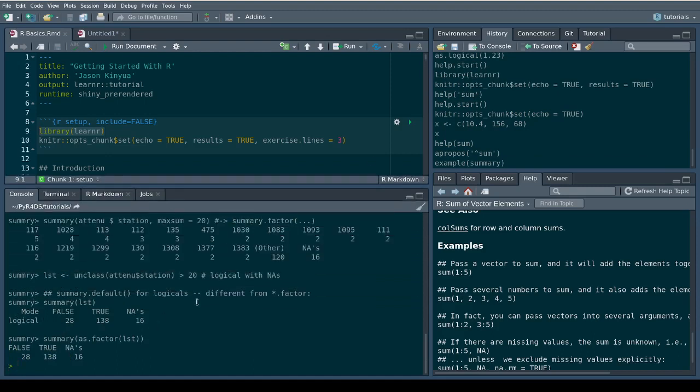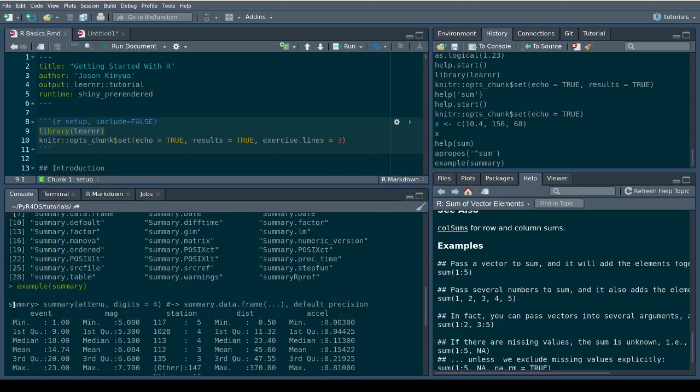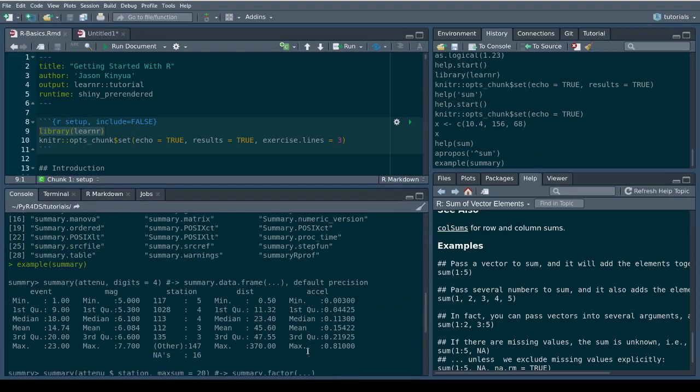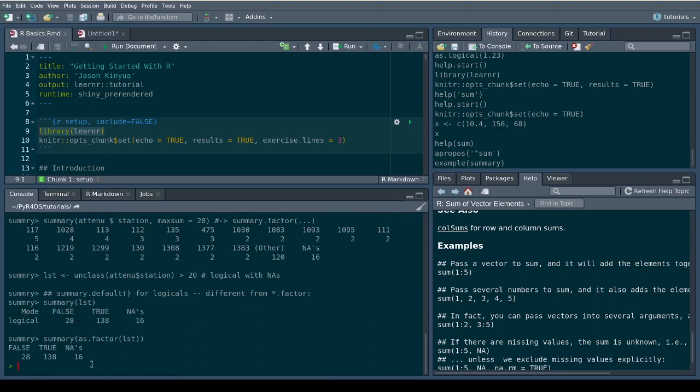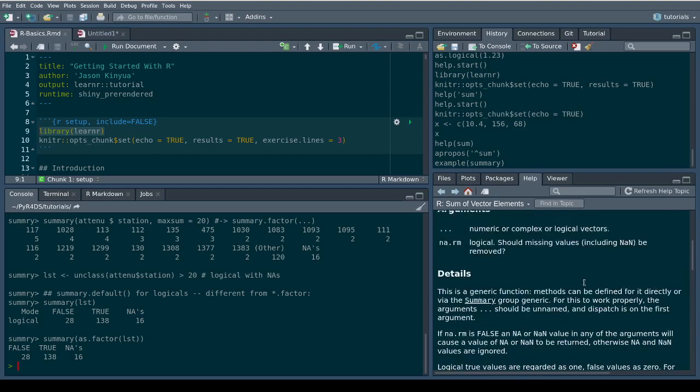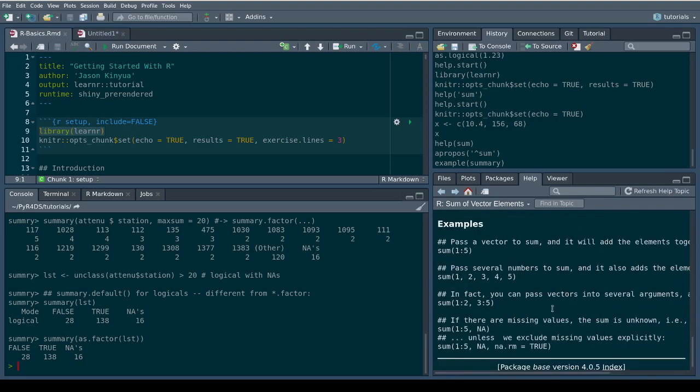Maybe we need to expand this one, and so these are the examples that come with the summary function documentation. So this is for an advanced person who is not interested in all this text. They just want to see the examples and how a certain function is used.